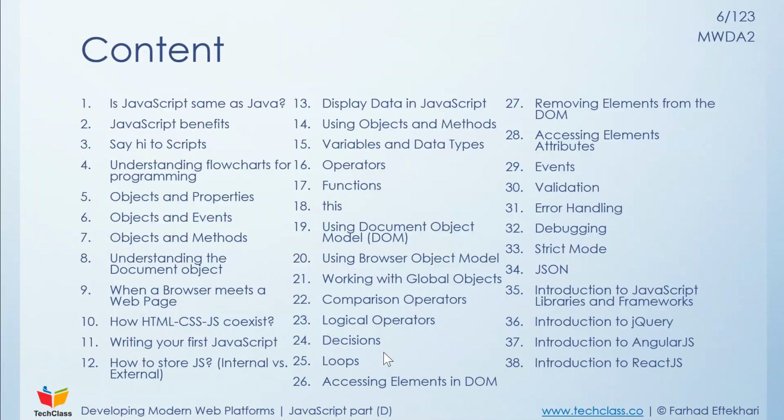We're also going to understand how we can get access to the elements in the DOM, the document object model, and then we're going to see how we can remove elements from the DOM, and how we can access element attributes. Then we're going to work with events, validations, error handling, debugging, and the concept of strict mode in